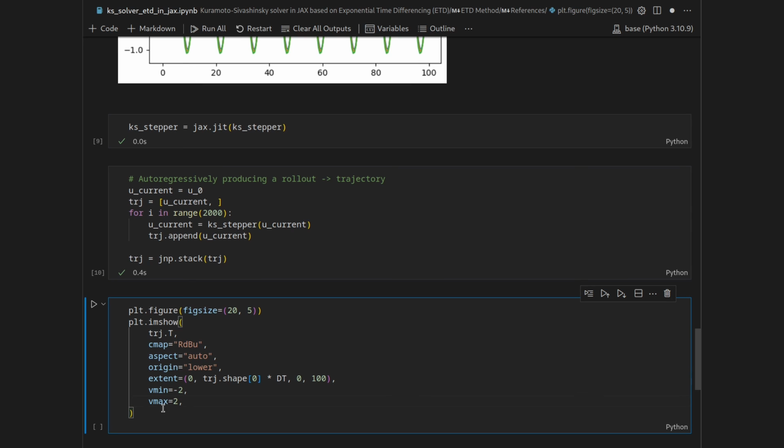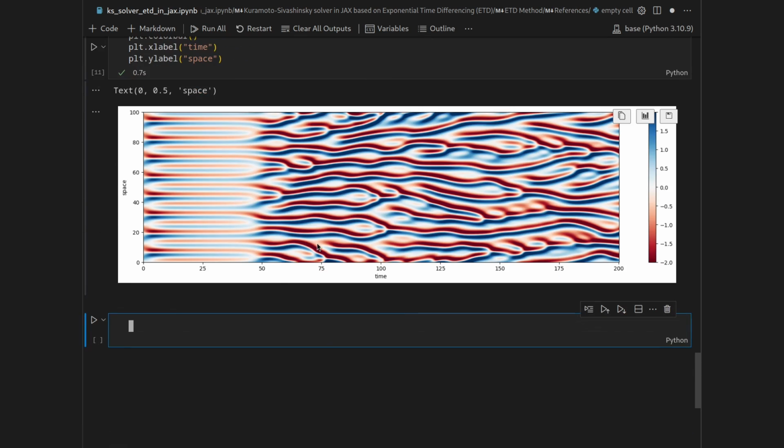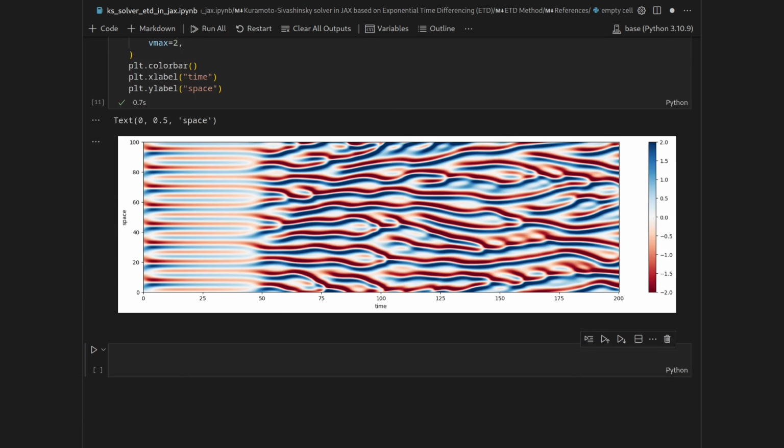And before we plot it, let's also add a color bar and set the x label to be time, and set the y label to be space. And Shift Enter hopefully now gives us the trajectory, and we see these very interesting dynamics of the KS equation, in that